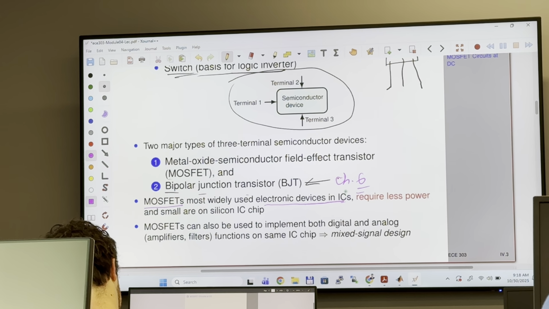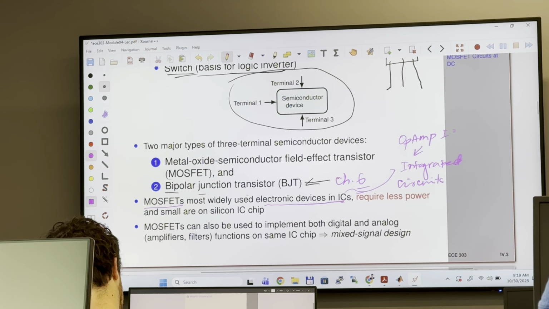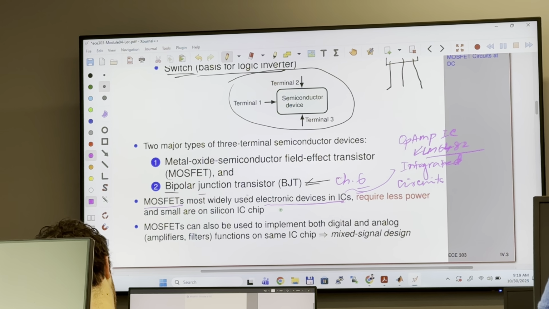IC stands for integrated circuits. So the op-amp IC that you see, for example the LM6484 op-amp IC,